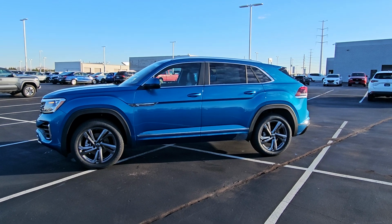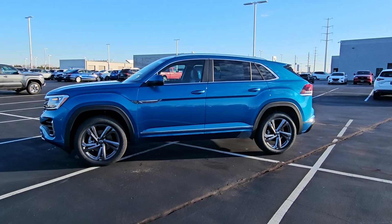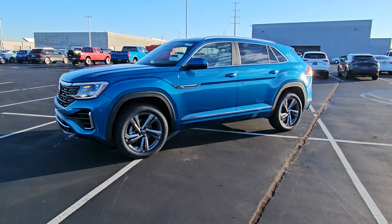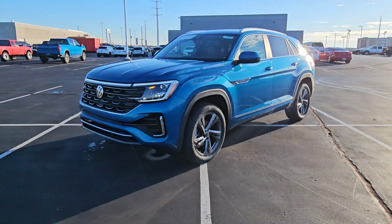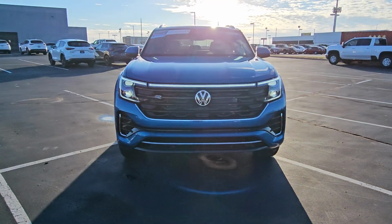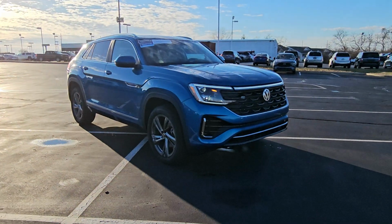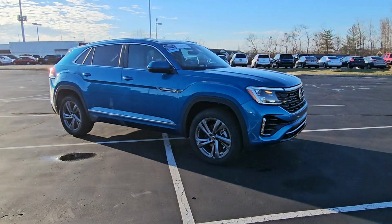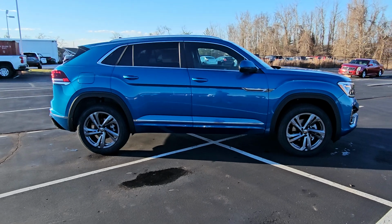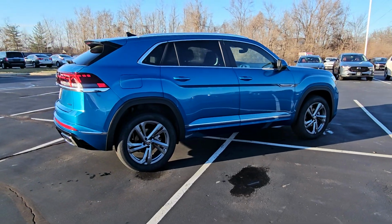Today I'm bringing you a 2024 Volkswagen Atlas Cross Sport SEL R-Line 4Motion. This particular one is Kingfisher blue metallic on the exterior with crystal gray and Titan black leather on the interior. It features keyless entry on 4 doors, LED running lights, an illuminated front logo, LED headlights, turn signals and reverse lights, power liftgate, panoramic sunroof, body colored paint below the chrome line, 20-inch R-line wheels,